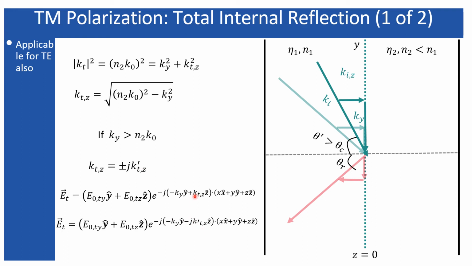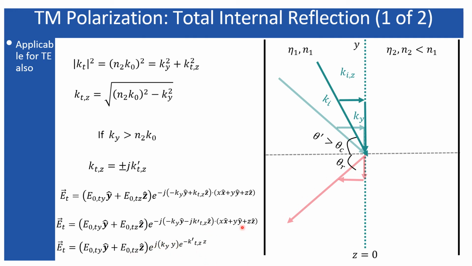So here I have replaced by this jk'_z over here, and you can see from here there are two j terms. Now if you multiply both of them, the resulting equation will be like this. So it is propagating along the y direction. The transmitted wave which I have derived for medium 2 is represented by a propagating factor along the